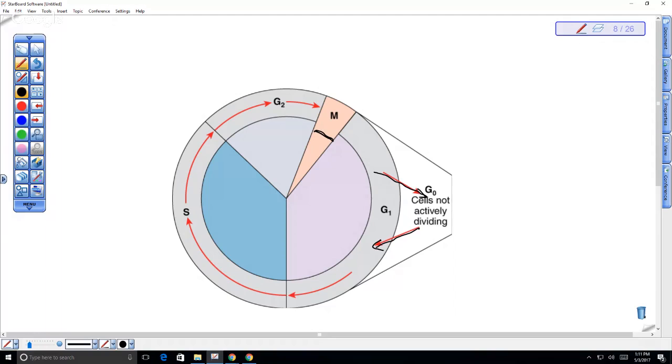Okay, so next week, on Monday, we're going to talk more about mitosis and how we regulate the cell cycle. So today's lecture and Monday's are going to be on the